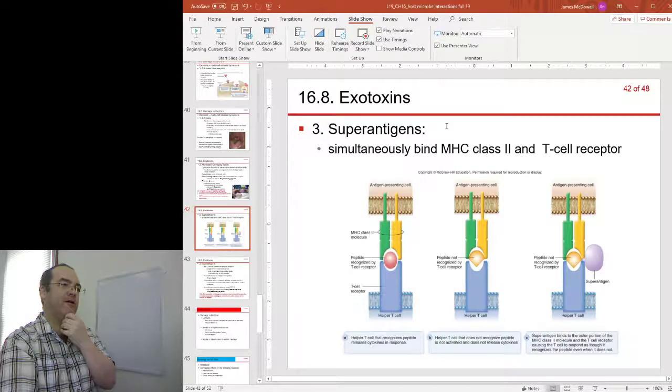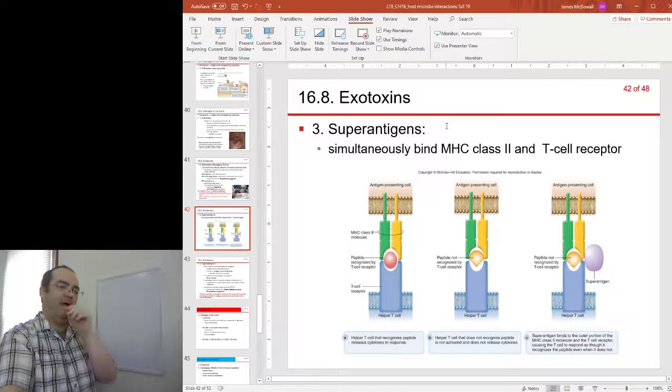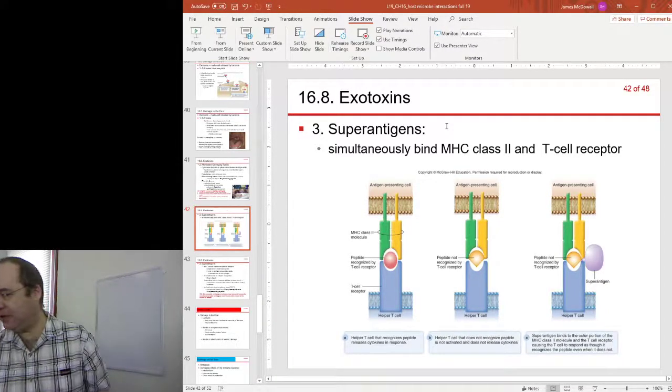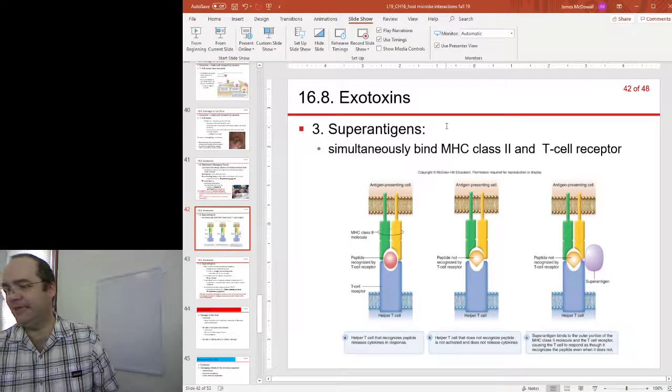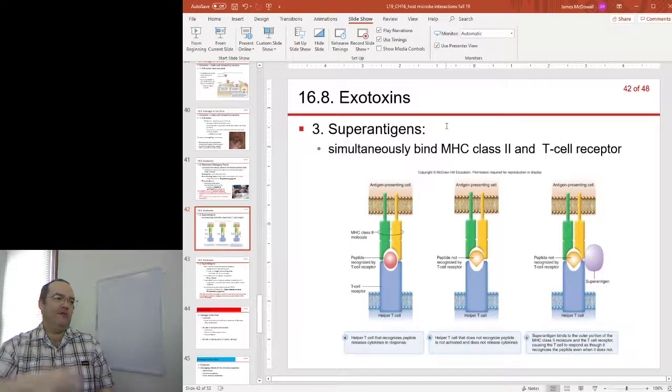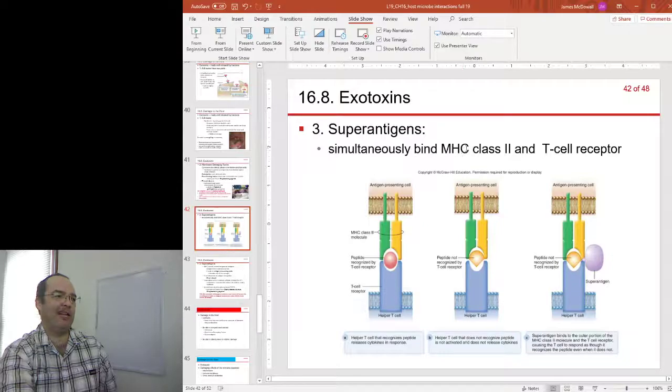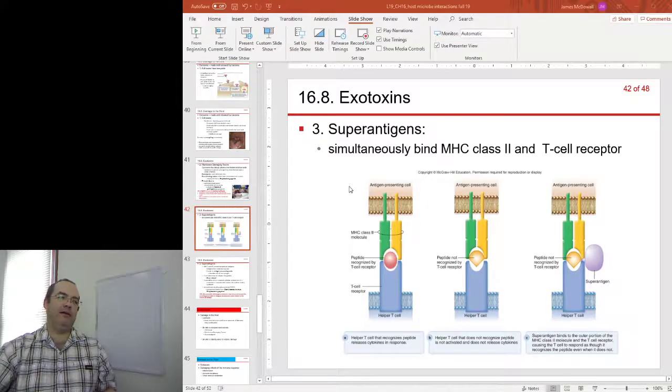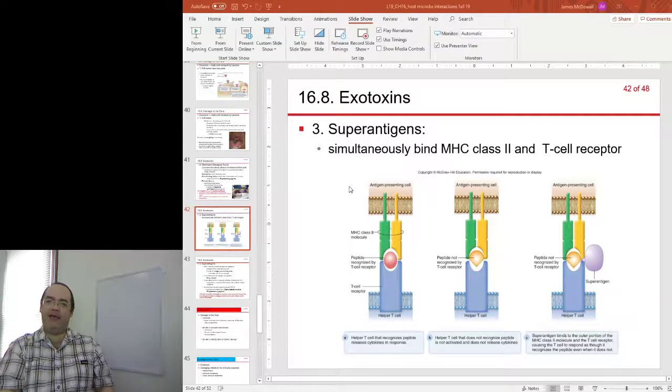Okay, number 3 on our list of exotoxins are super antigens. To understand the effect of super antigens, you're going to have to recall several elements from our look at the immune response. First of all, you need to recall MHC, major histocompatibility complexes. So MHC molecules, in this case MHC class 2 molecules, that is the way that certain cells talk to each